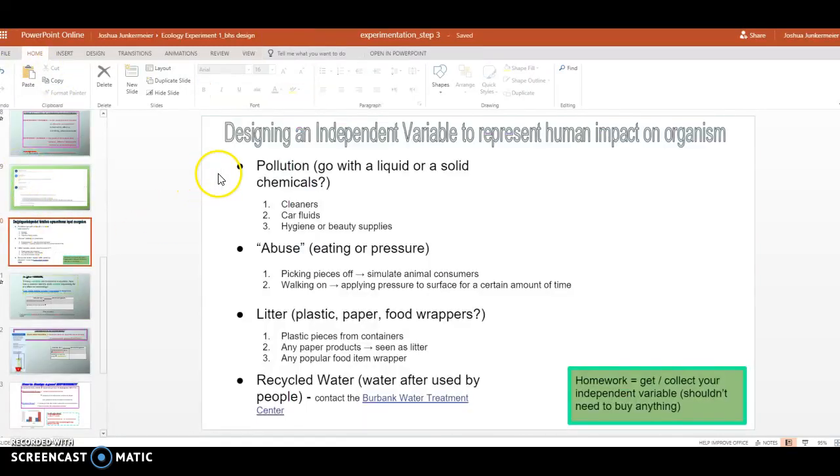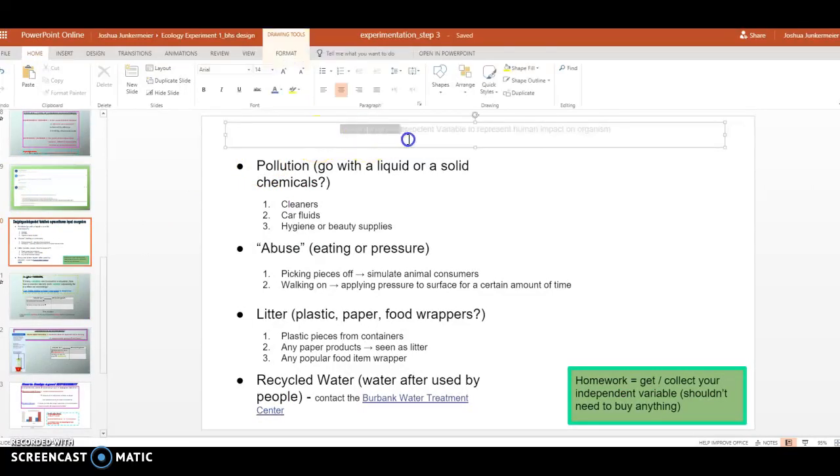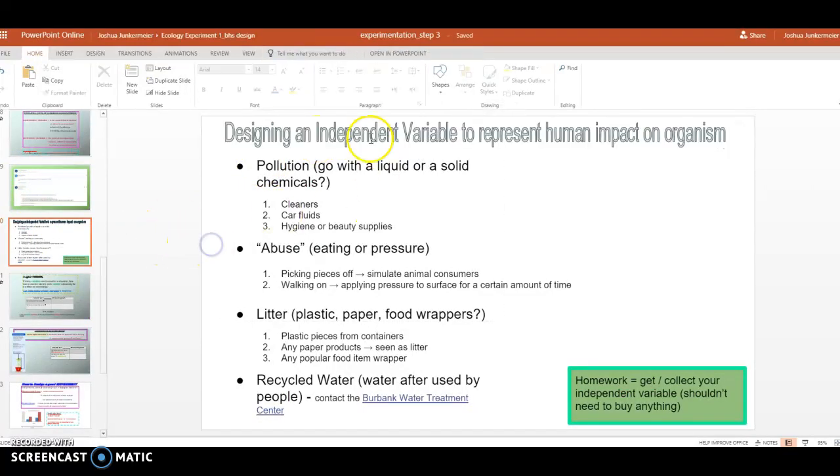All right, here's slide 10. Here are some examples from last year of independent variables. Pollution, like house cleaners, the things we use to clean the home, chemicals. Car fluids like oil, transmission fluid, things like this. Another pollution could be beauty supplies, cologne, makeup,